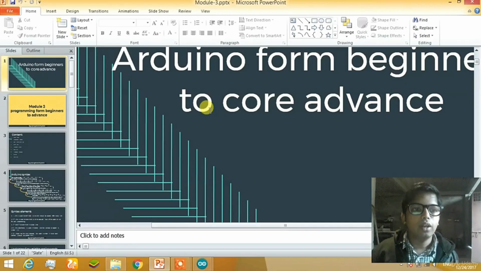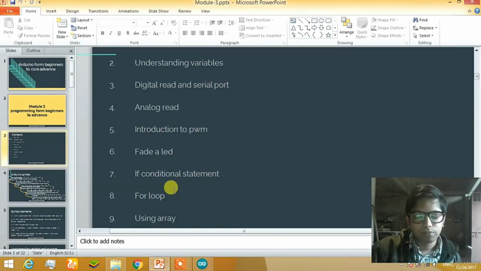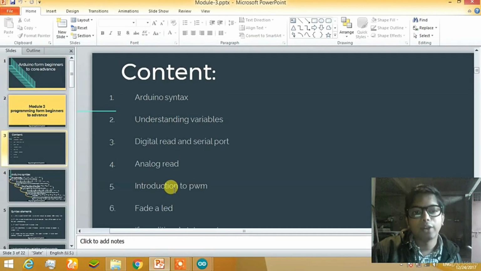Okay, hello everyone. We have come to module 3, that is programming from beginners to advanced. In this course, we are going to learn about Arduino syntax, introduction to variables, digital read and serial port. Well, serial port is a very important part of Arduino and we are going to study it in this